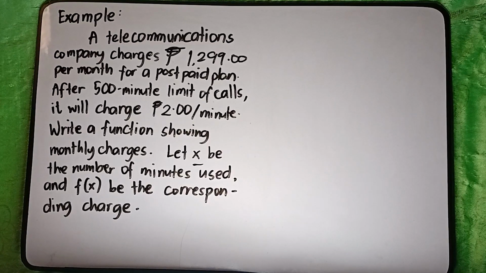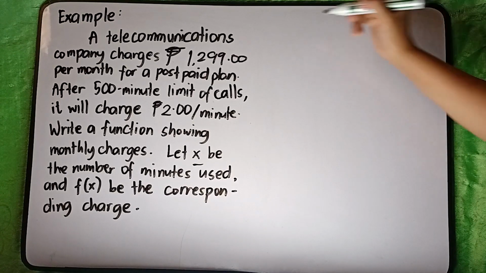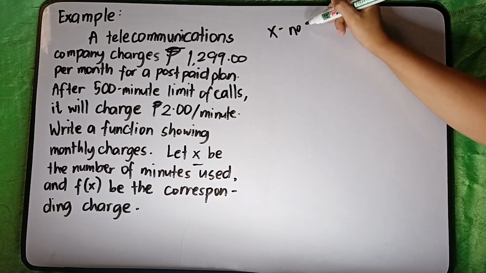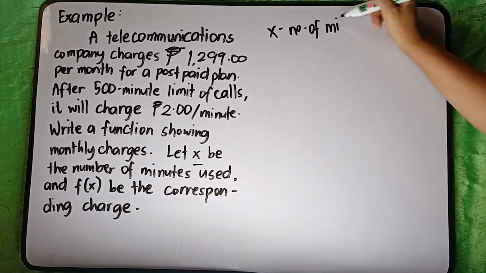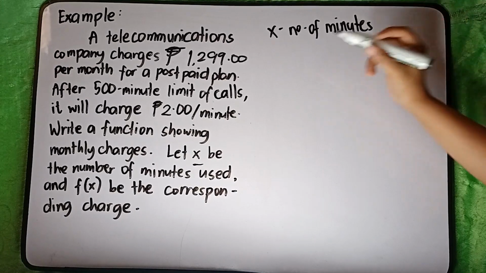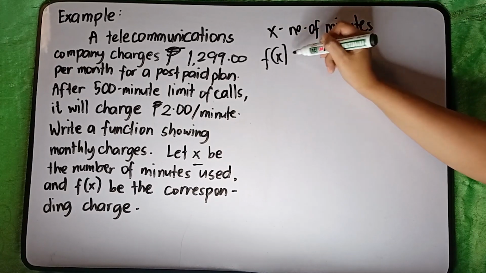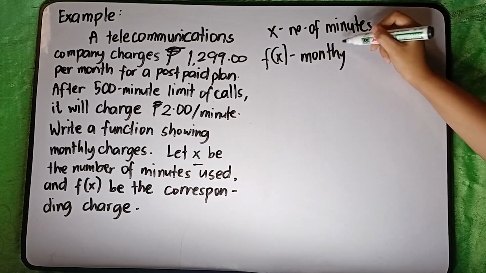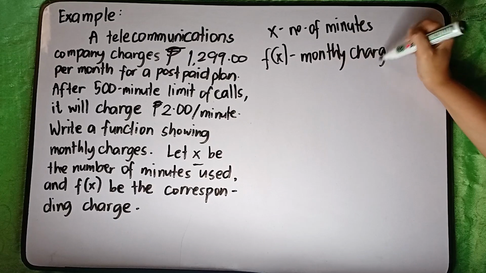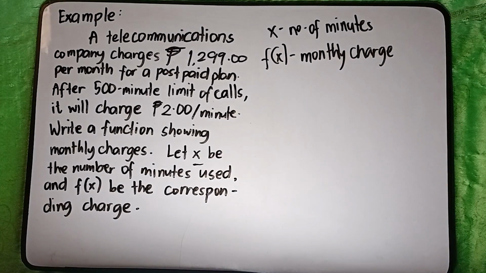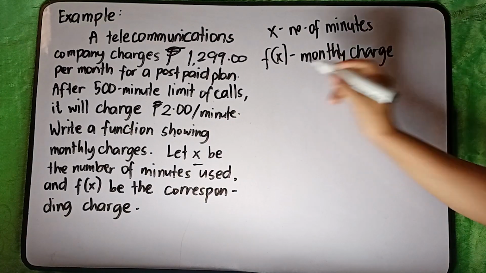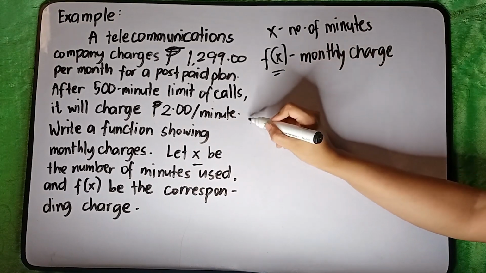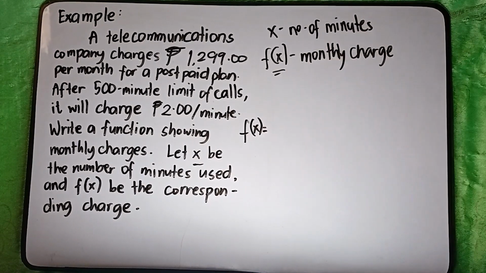Let x be the number of minutes used and f of x be the corresponding charge. So we have x for your number of minutes used per call and f of x be the corresponding monthly charge. So we are going to write a function for the monthly charge. So we have f of x equals,